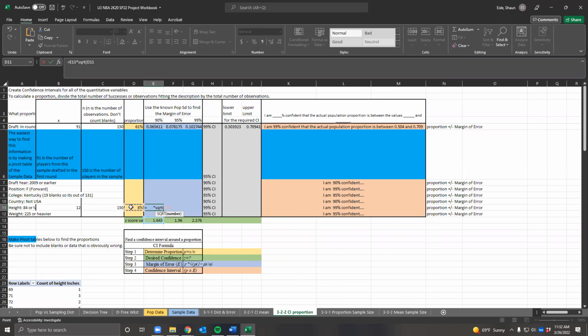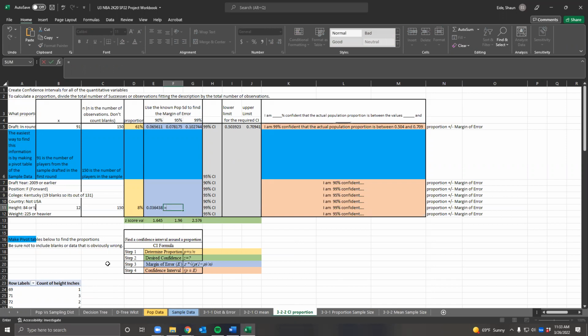So square root of the proportion multiplied by 1 minus the proportion divided by the number in the sample. Okay. And then this right here is the margin of error, and the 90% margin of error, which is essentially 3.64%. Coming right here, we use 95%, so equals